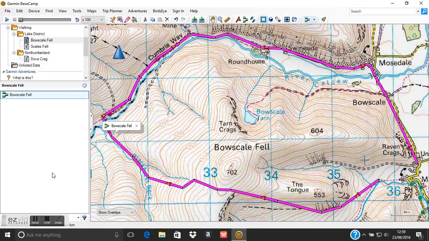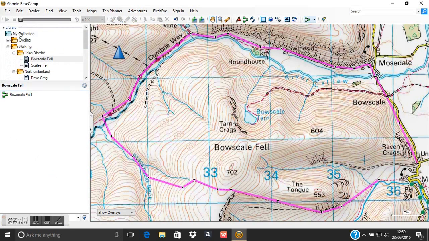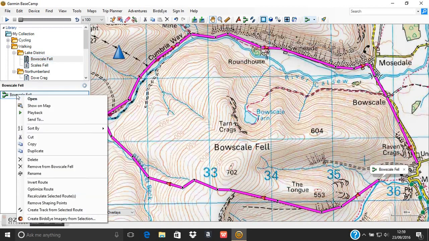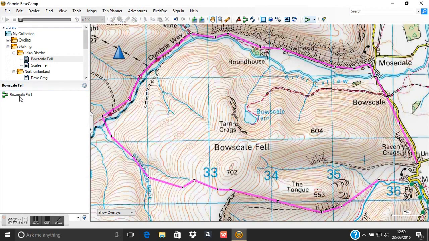So in my collection, the library my collection, I've highlighted my list file called Bowscale Fell, and it's just the route that I want to send to a friend, so I can highlight the Bowscale Fell route at the bottom. I'd right clicked on that earlier to say show on map, just so I could actually view it on the map and see where it is. So with the route actually highlighted, I just use the file, export